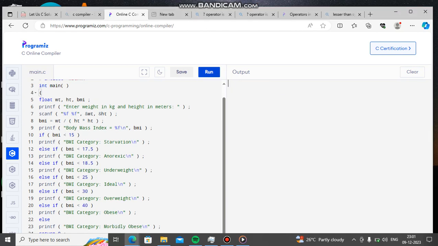I'm going to run the program. So first, if BMI is lesser than 15, we have to calculate BMI. BMI means body mass index, weight divided